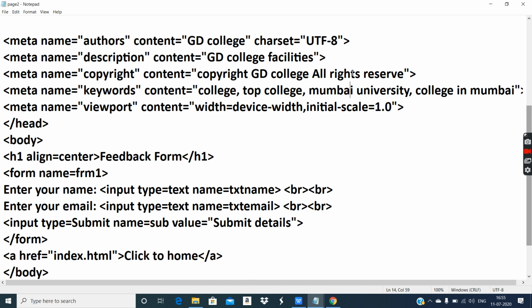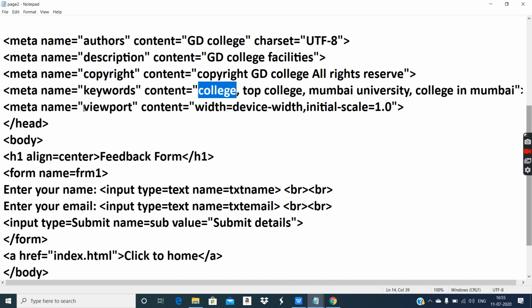But after Mumbai University, when the person scrolls, they may find our website, may click if interested, may book some services, okay, or may book a seat for admission, like that. College in Mumbai. If anybody searches college in Mumbai, maybe our website will also be shown. So keywords are very important, and which keywords you want to use in your website, that you can provide with the help of content. Okay, enclosed in double quotes, separated with commas.